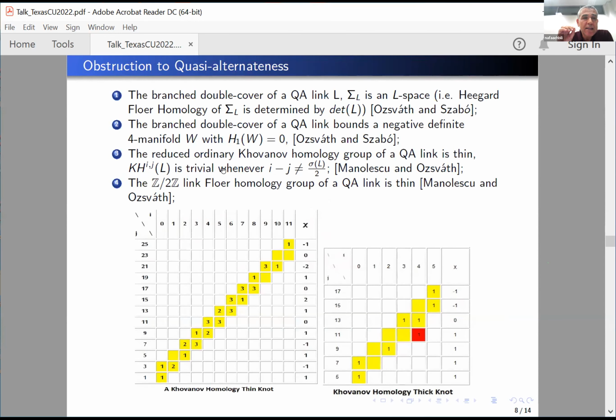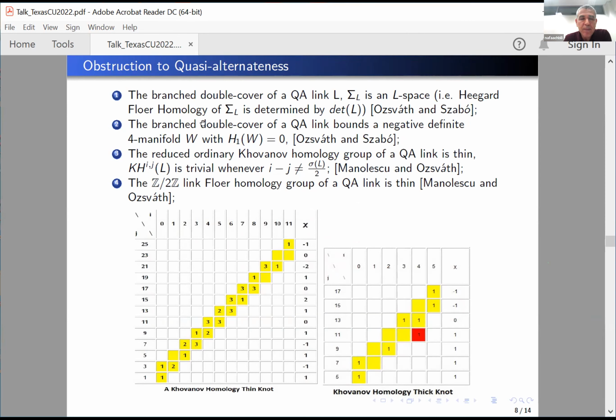It is very difficult to use the definition to figure out whether a given knot is quasi-alternating or not, because you have to go through all diagrams and look for the crossing that satisfies that property. Especially to say that it is, you should look for the diagram. To say that it is not, to rule out the possibility of being quasi-alternating, several criteria, several obstructions